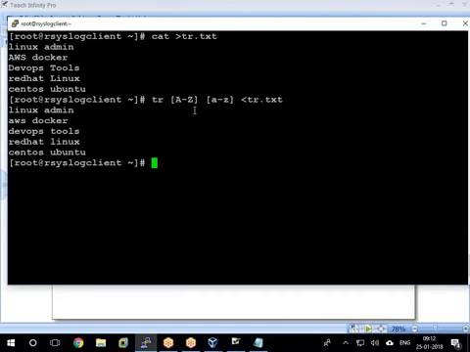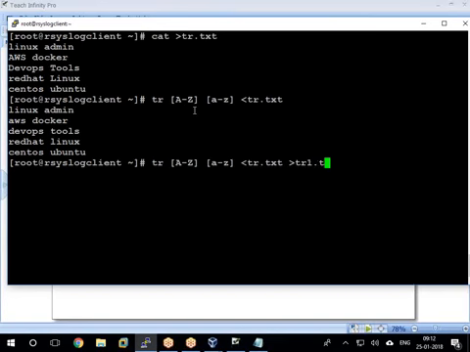Converted, it only shows the result. After converting, it won't modify the existing or original file; only the result will be shown on the output screen. So if you want to save this result for future reference, redirect the result into a file. We have an output redirection operator, so we can redirect this result to a file,